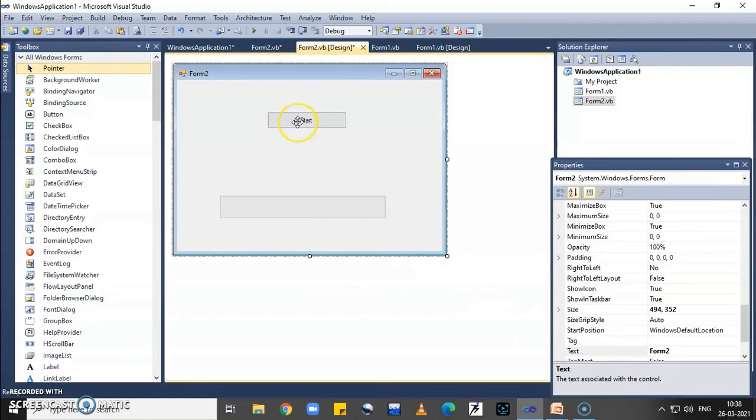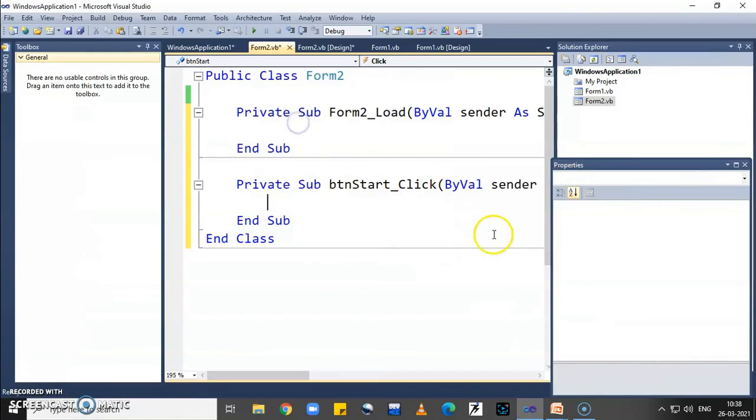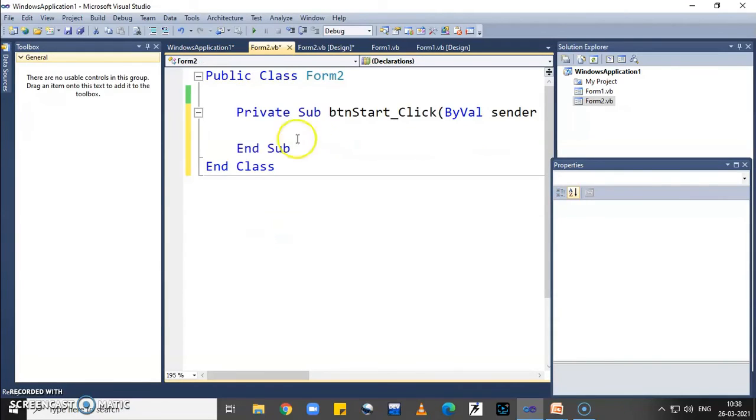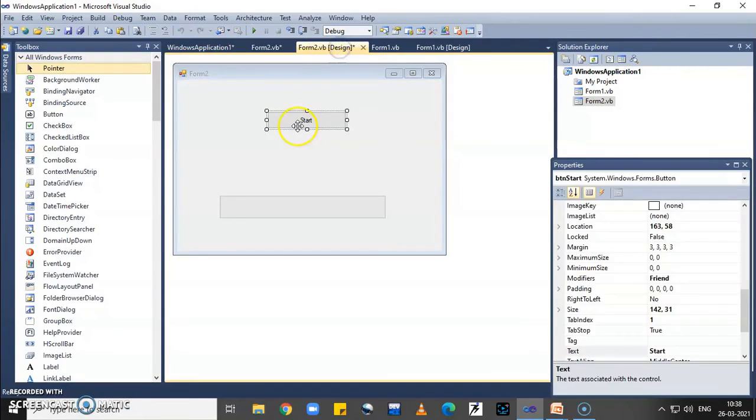Now start the coding. Here I click on the button control, so my control is btnStart, the button control. Click is its event. Whenever I click on this button, the progress bar starts filling. It starts from the starting value and ends with the ending value.